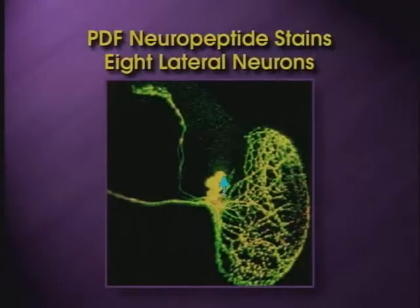And here's a picture of these 8 cells which are stained with a fusion protein of PDF. And these 8 cells are stained, and also their processes are stained. And these cells make contact with the eye. They also make contact to the same 8 cells on the opposite side of the brain, and they make connections up here to interneurons, which appear to be important for the locomotor activity program. So this neuropeptide is